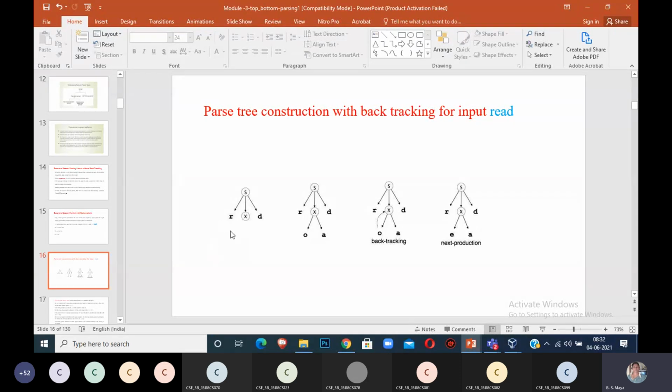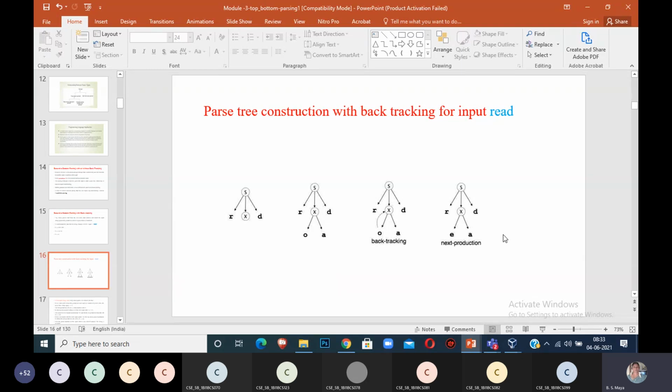Let us start. S is RXD. X is a non-terminal. I'm replacing X with 0A. 0A is not matching with my current input. Again, I apply backtracking. I'm going for the next X alternative. See, here I'm not looking at any input, I'm just replacing it. That is the main fault here. Then when I go back with backtracking, I replace it with the other alternative, EA. Now it will match all the inputs R, E, A, D.